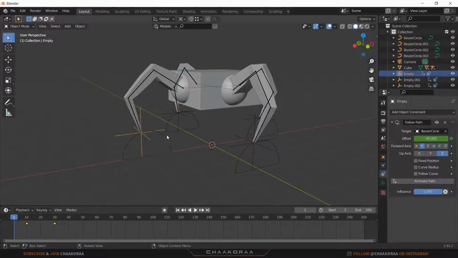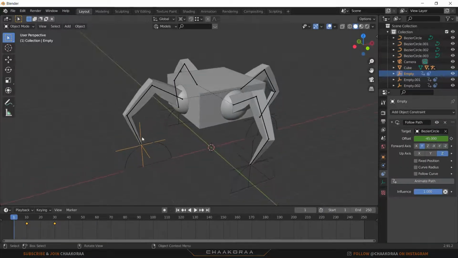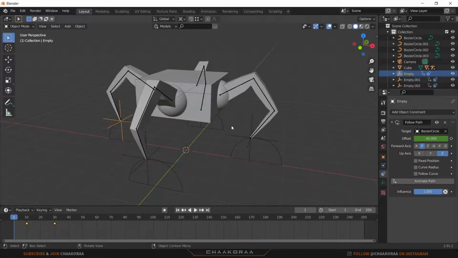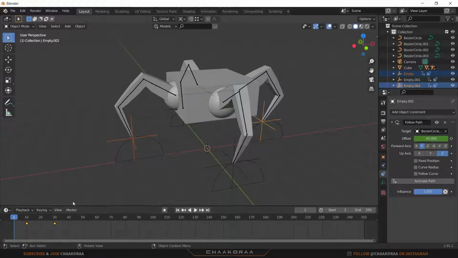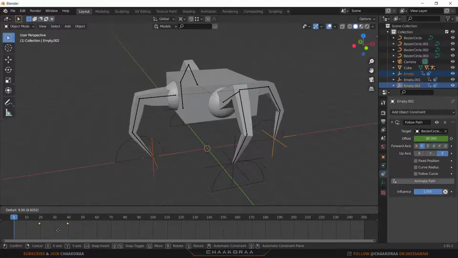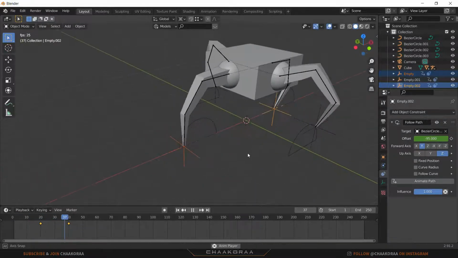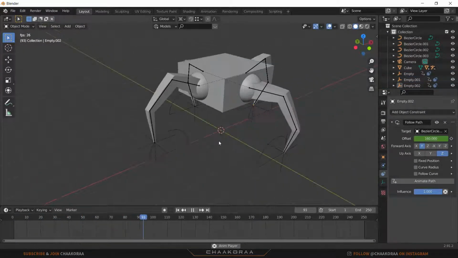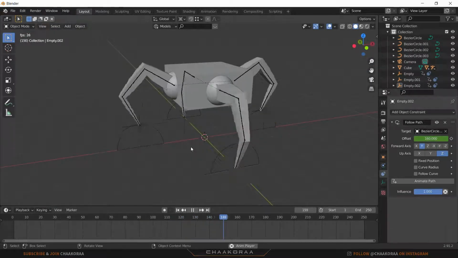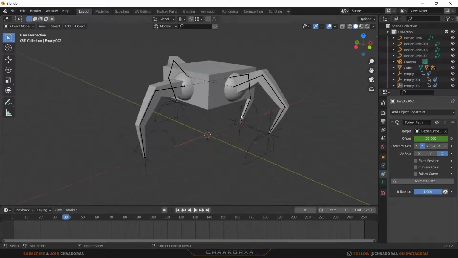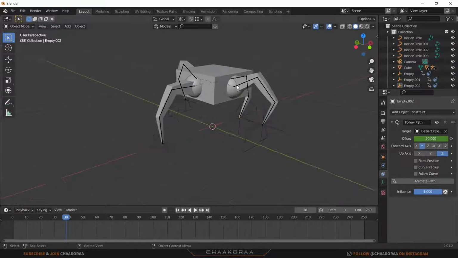Just click this empty object for the front leg and this empty object for the back leg, and here in the timeline press A to select all of the keyframes, and then press G to move them 10 frames, and that will fix our animation. As you see here, they are moving very well and better than before. So the animation of Vulkan is finished here, it's done,